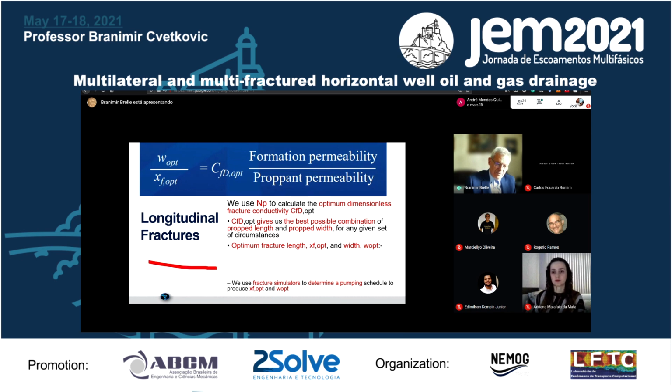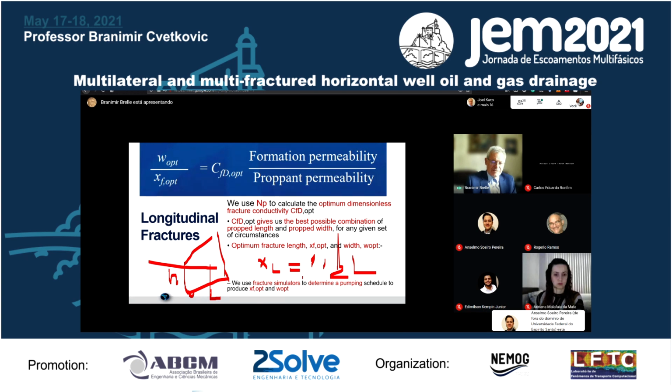If I have a wellbore, then I have a certain fracture. This fracture has a height and it has a length, this length from this point to here. Usually we introduce XL, which is just half of that, half of the big L. And then in addition to that, if I have a certain type of